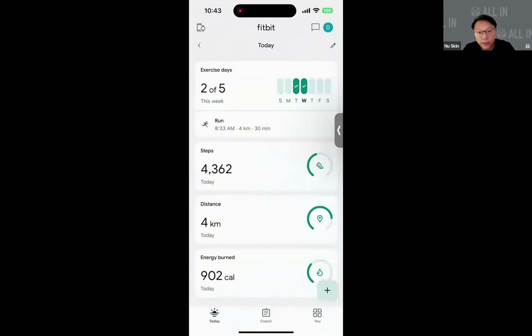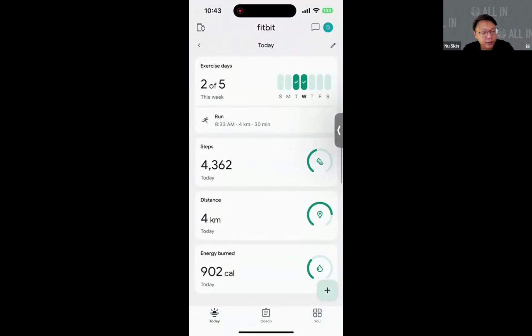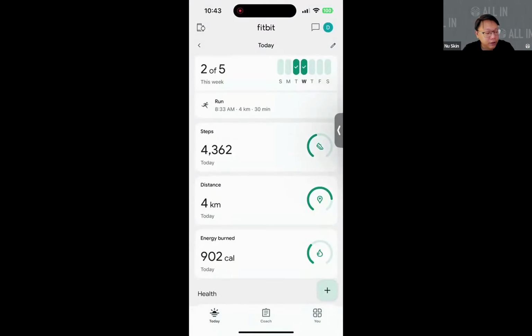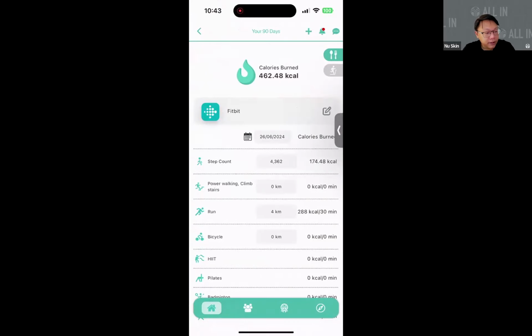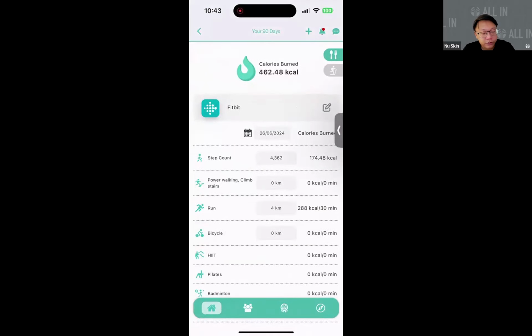It's because I synced it to my Fitbit, and you realize that the steps here are the same, right? I have 4,362, and the distance that I've covered is 4 kilometers. Exactly what is reflected here, right? If you look at the step count and my run distance, that is exactly what is pulled out from Fitbit directly.